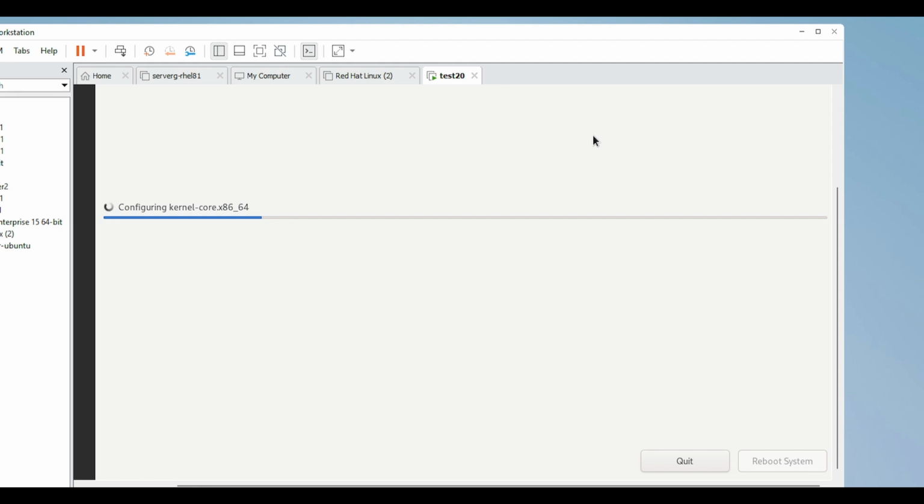This should be at least, for this swap file system will be 4 GB to successfully install this. So that is the case, and I believe this will take the next 1 or 2 minutes. So we have to wait for this kernel core installation. Kernel core basically writes the initramfs and grub completely.